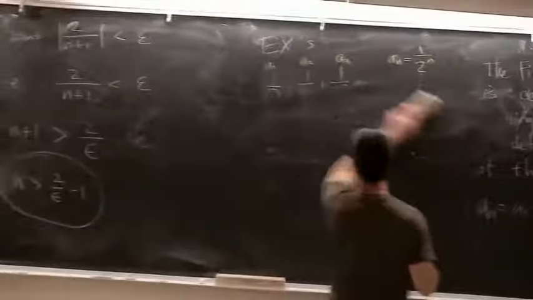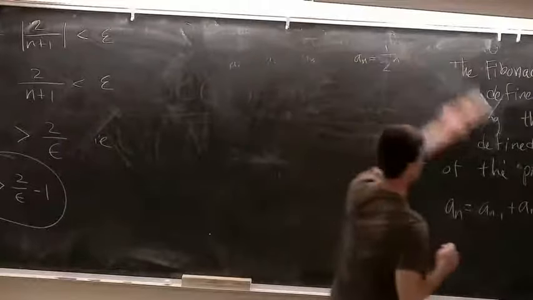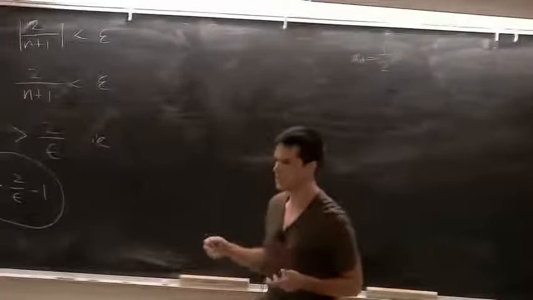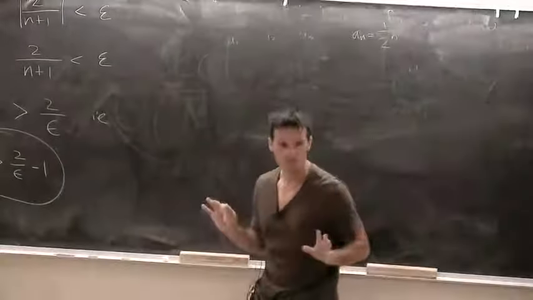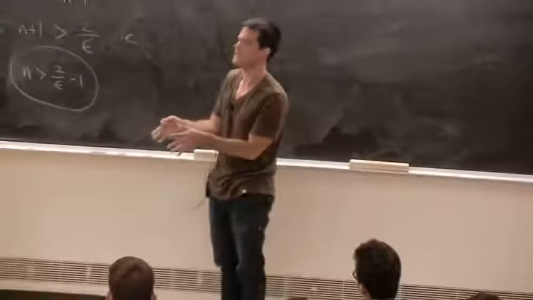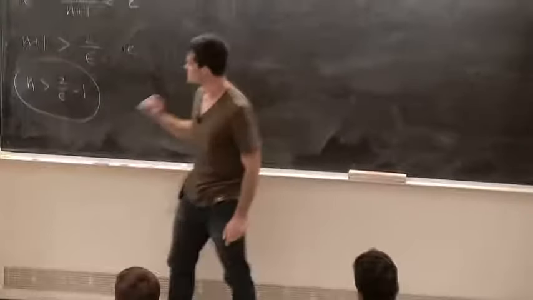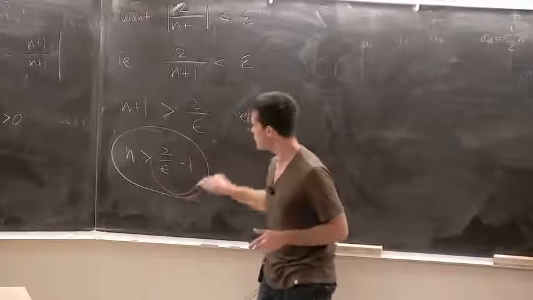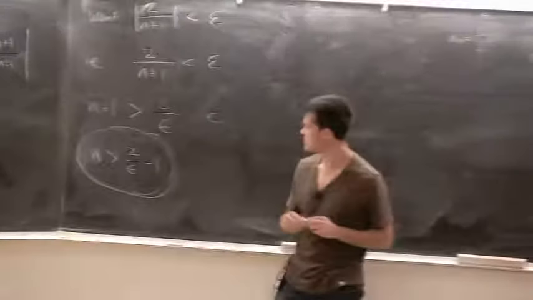So as long, okay, so here's how this works. Suppose you chose this number epsilon that it's given to you, and it's a very small number. You don't know what it is, but it's fixed. It's chosen. Now, whatever that number epsilon is, 2 over epsilon minus 1 is